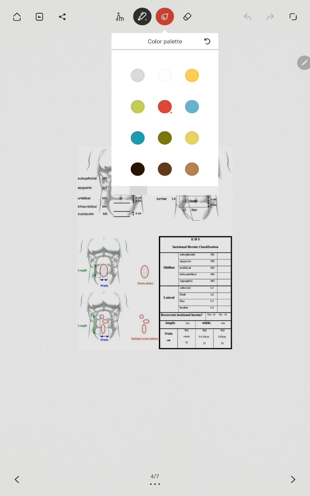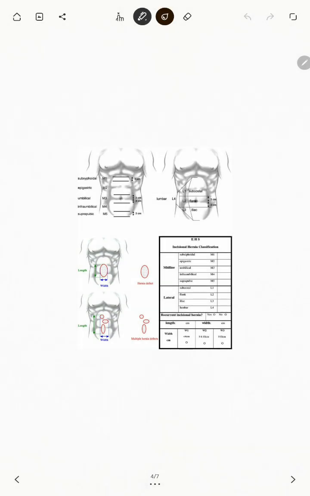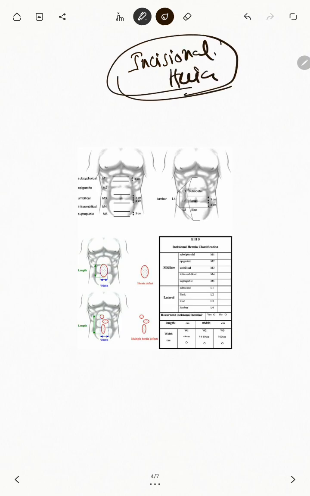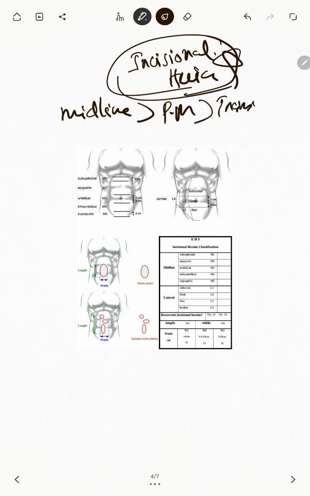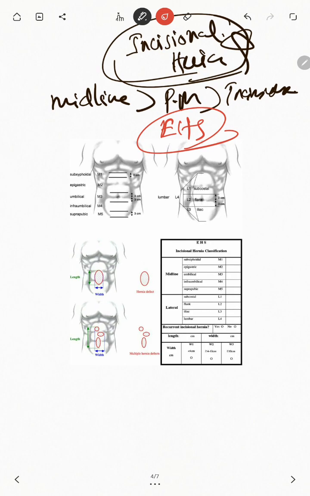Next we move on to a very important topic in which repeated questions have been asked: incisional hernias. Incisional hernias are also called port site hernias, and they are most common in the midline, greater than paramedian, greater than transverse. There is the EHS classification of incisional hernias. So if you see here,